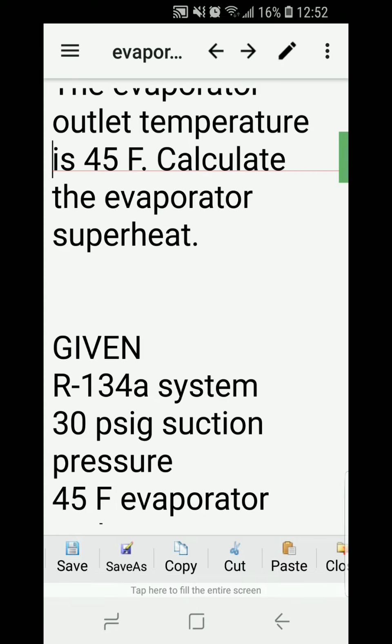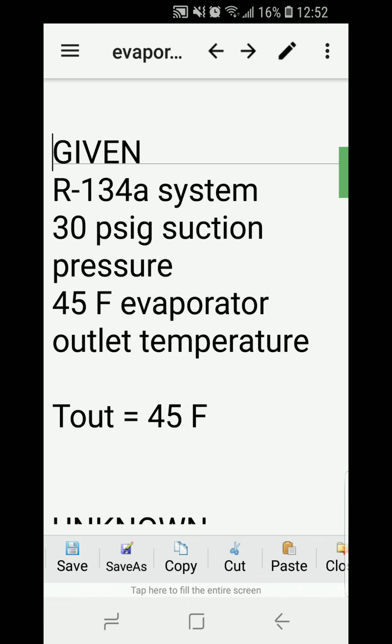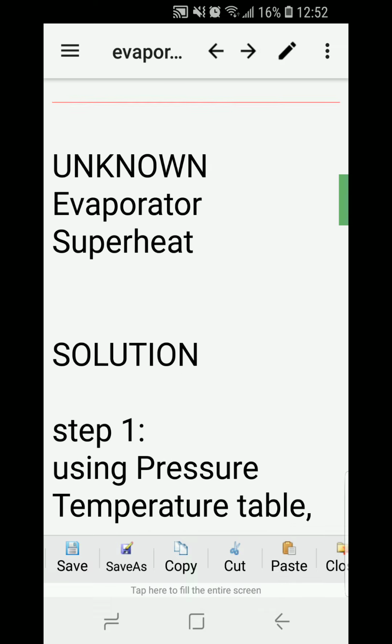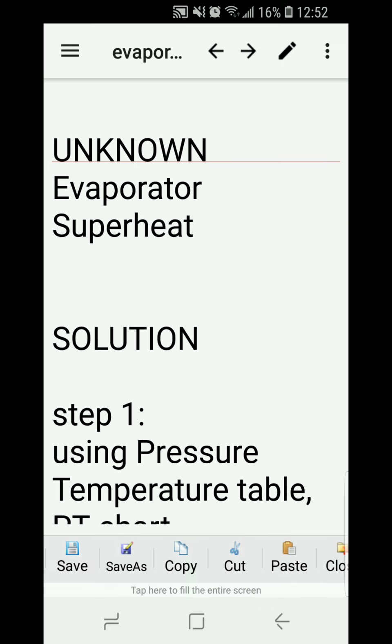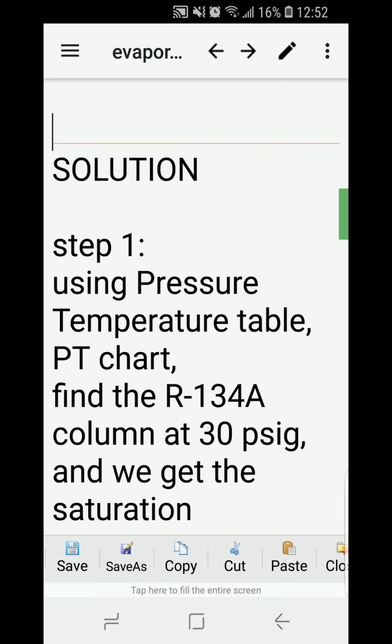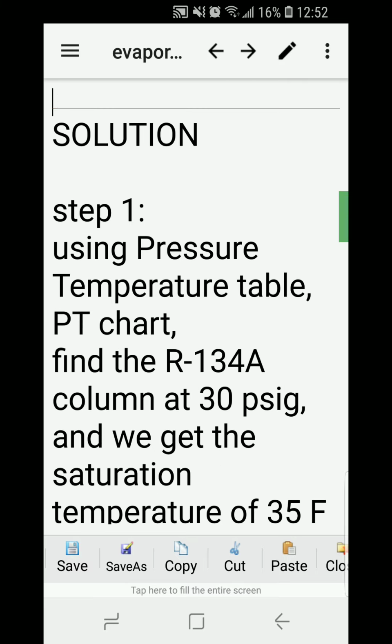So, we need to list our given. It's an R134A system, 30 psig suction pressure or low side pressure, 45 Fahrenheit evaporator outlet temperature. The unknown is the evaporator superheat. The solution is that